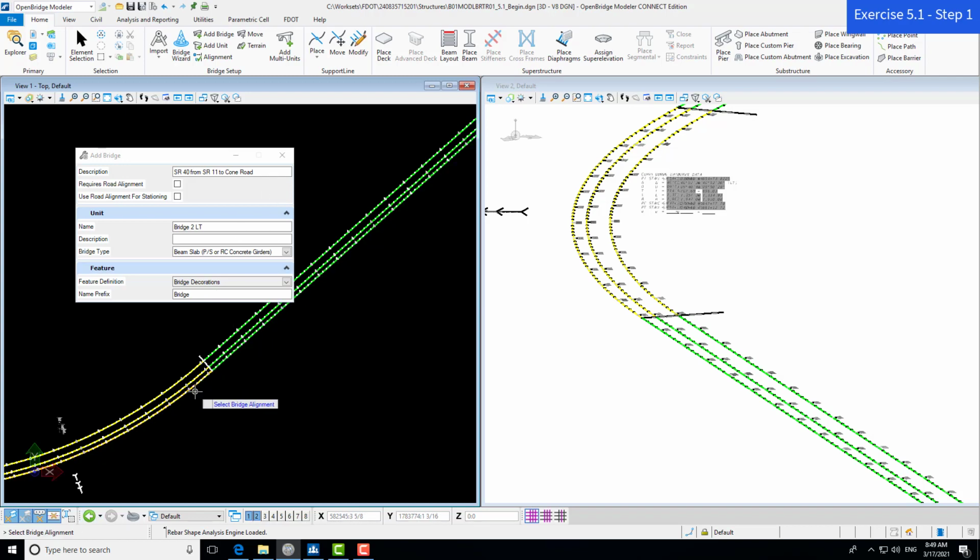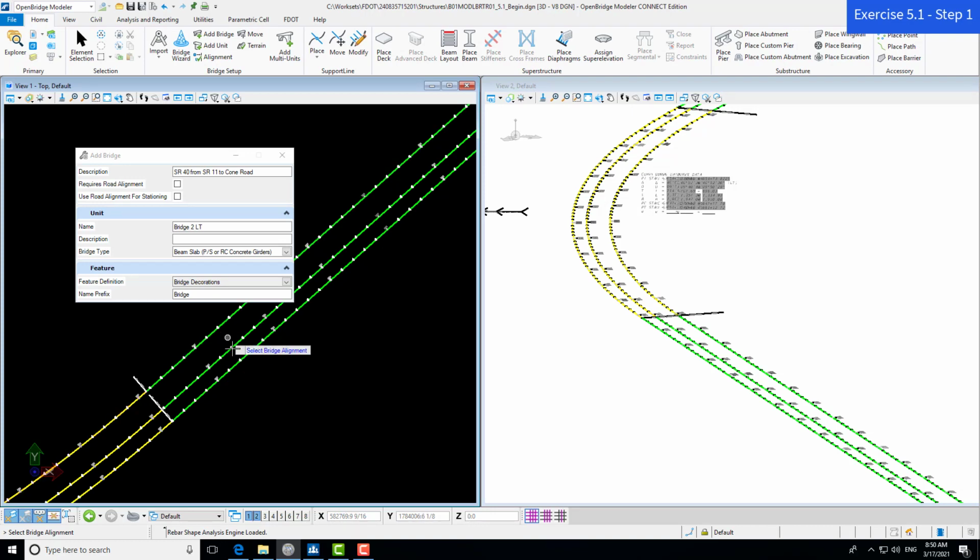I've got my dialog box coming out, and now we have the prompts for select bridge alignment. So this is a key area. This will pop up here. For our case, there are several different bridge alignments in this particular structure with dual structures. For this workflow, we are going to select the center line of the construction bridge alignment. So as I left clicked on that structure, you can see my prompts now change and it says set bridge data. It's looking for the name prefix. We already clicked that. So I'm going to, again, left click.